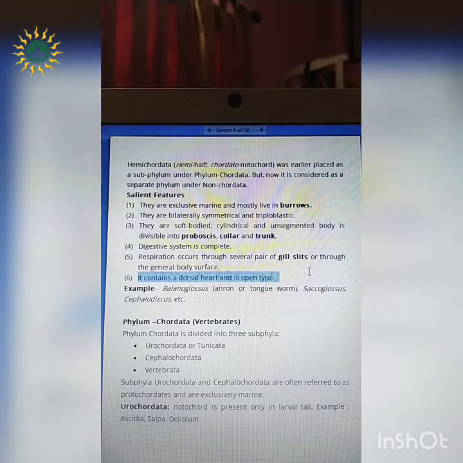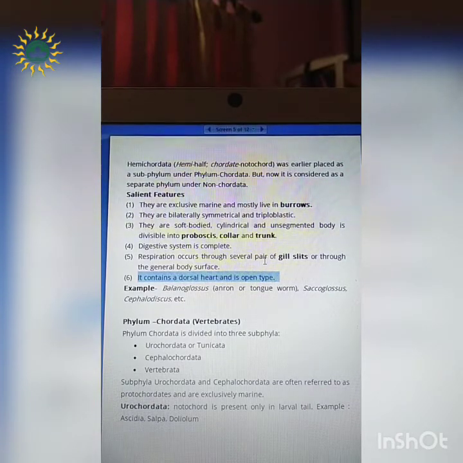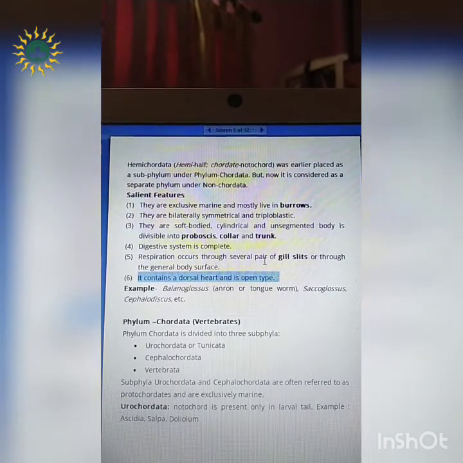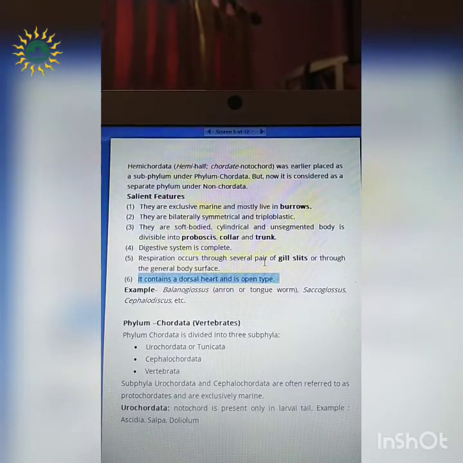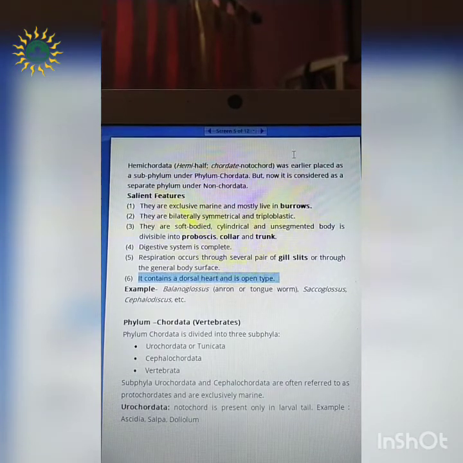So we can easily say that Hemichordata is a connection between the chordates and non-chordates. I hope that you've understood till this Hemichordata. There must be some question in your mind: there are so many phyla which we are studying, so how to remember the characters of these phyla? One thing I can tell you is that if you take the examples of different phyla and think of those organisms and their characters, then you can get several characters of that phylum.